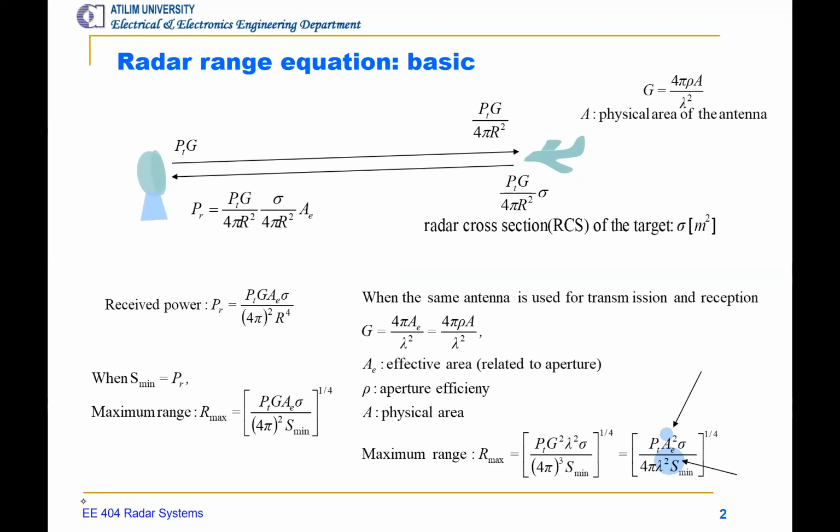Okay, you might remember this slide from the previous lesson. This was the basic radar equation, and here we simply add some of the details of the parameter effective area. This was not given in the previous slide. Now we define the effective area of the antenna as the aperture efficiency times the cross-sectional area, or physical area, of